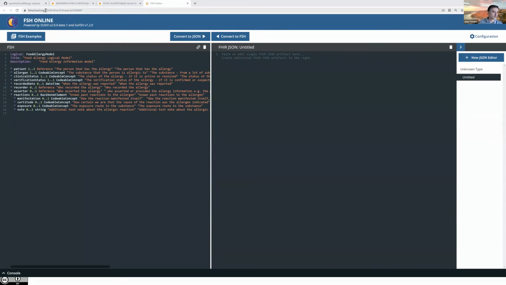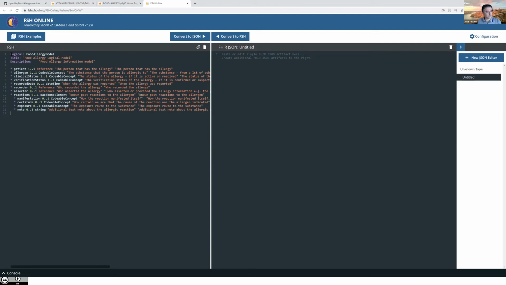The FSH School here is the site where we have lots of information about how to use SUSHI. The syntax of SUSHI is described elsewhere, but there are always links. So this is a perfect starting place for you to use SUSHI for your implementation guides. And there is one small part of that website which is play with SUSHI online, or try SUSHI online, which is what I just did. We would just add content, and if I want to put my content without going through those 3 or 4 minutes of